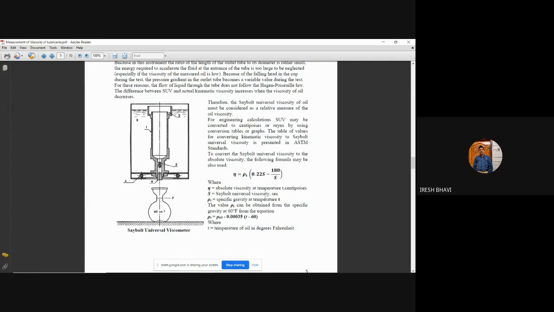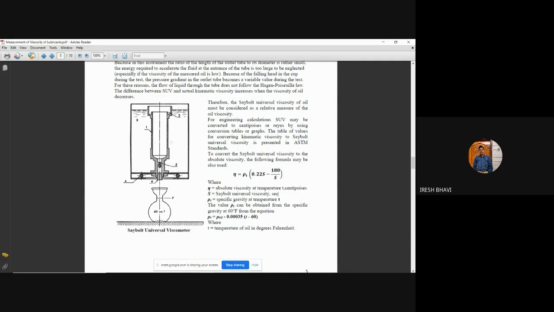Is it clear? What will be the unit for Saybolt universal viscosity? Seconds, time in seconds. So whatever time is required to fill the 60 cc flask, that itself is our Saybolt universal viscosity